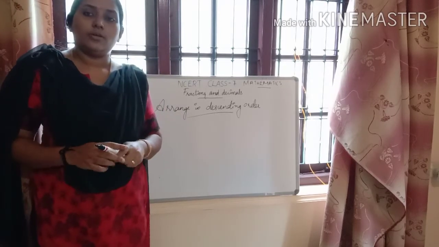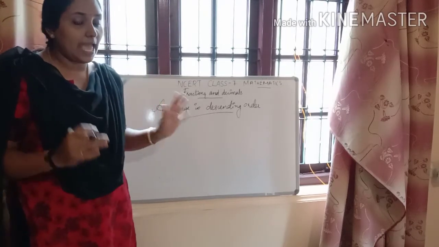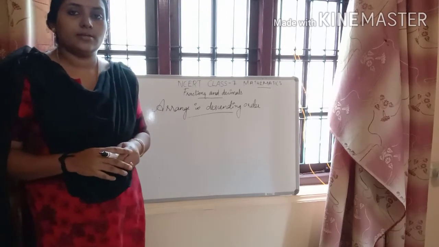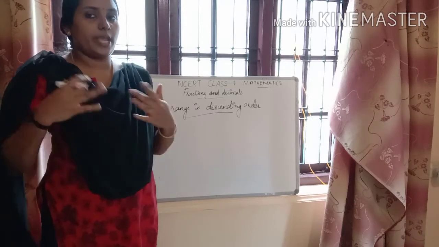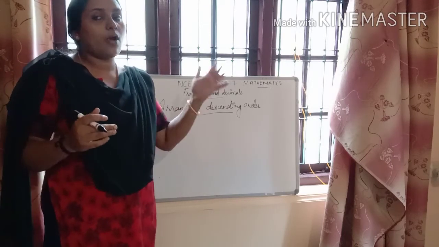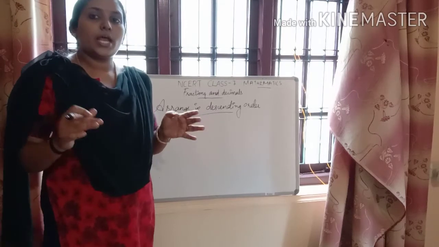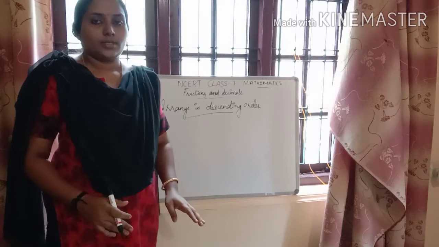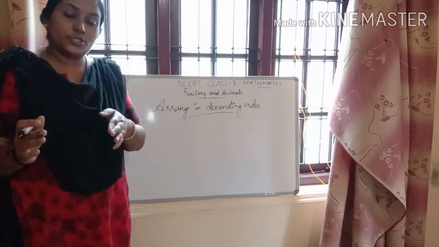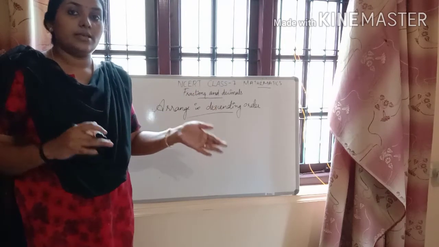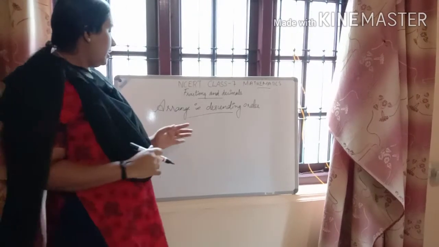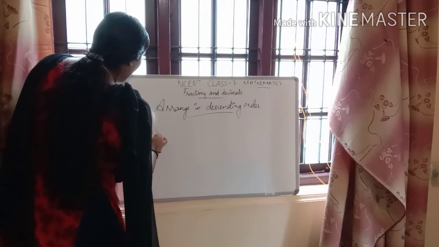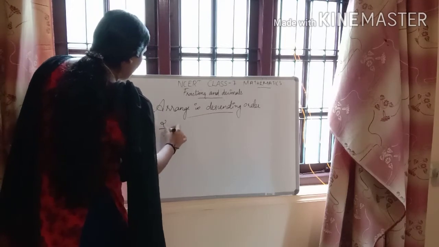Students, are you familiar with the terms ascending and descending? That means sorting. Ascending means we are arranging the numbers or anything in increasing order. Descending means we are arranging them in decreasing order. Ascending means smallest to biggest and descending means biggest to smallest. Yes. We'll see some examples. Example: 2 by 9, 2 by 3.